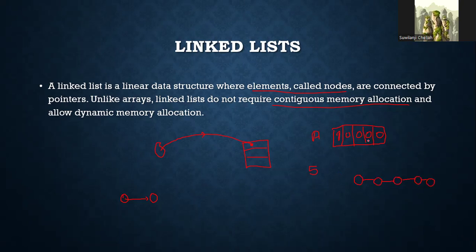So the linked list has node 1, node 2, node 3, node 4, node 5, and the array has array elements 1, 2, 3, 4, and 5. The difference between these two is that, yes, they occupy the same memory space, but